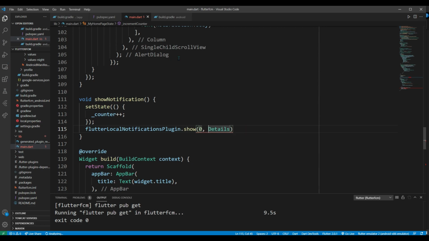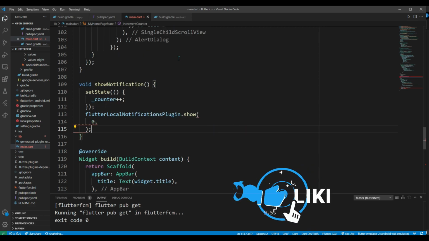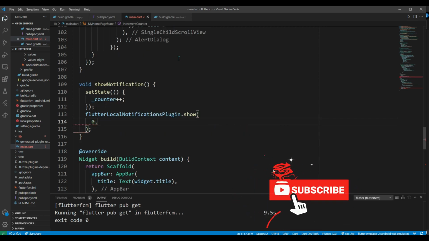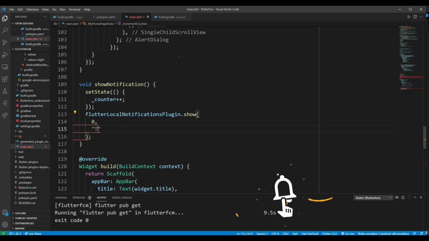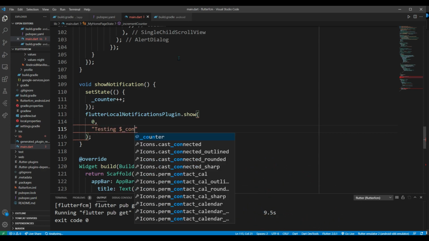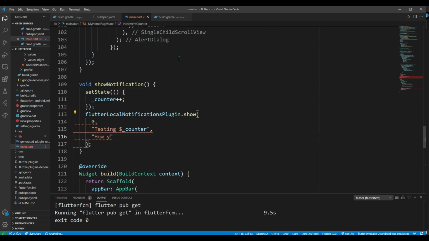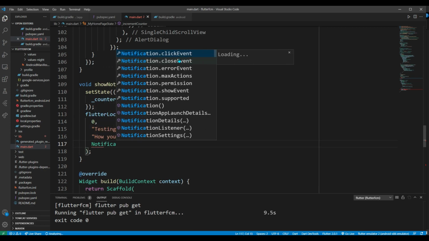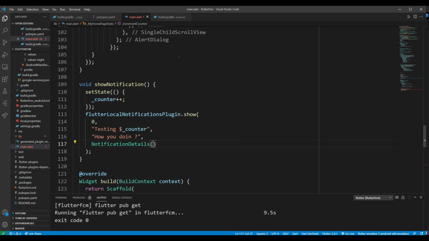In the Flutter local notifications plugin's show method, I am going to give an ID of 0, and in the title I will just write testing and the value of the counter, and in the body I'll just write how you doing. And in the notification details, I'll just specify the Android notification details.